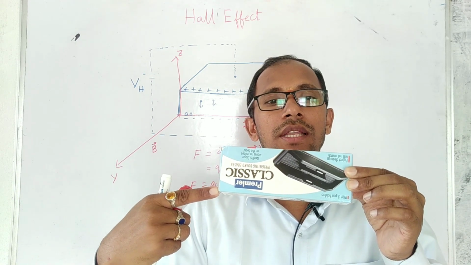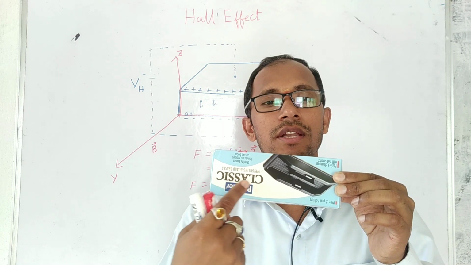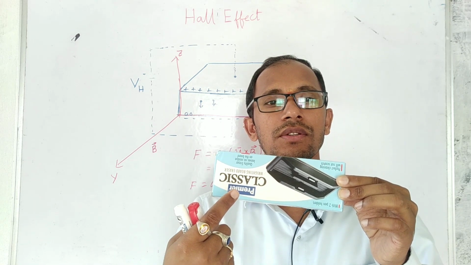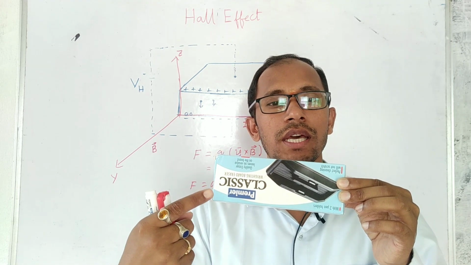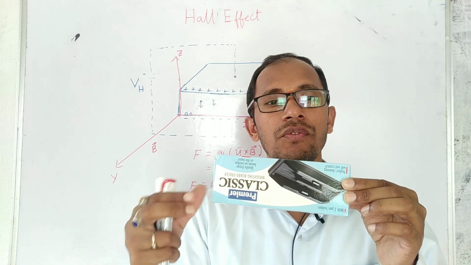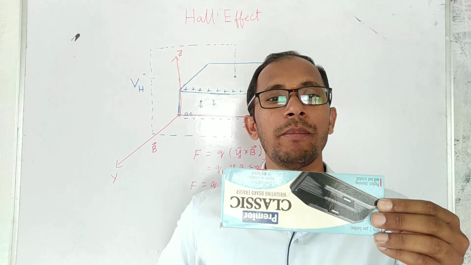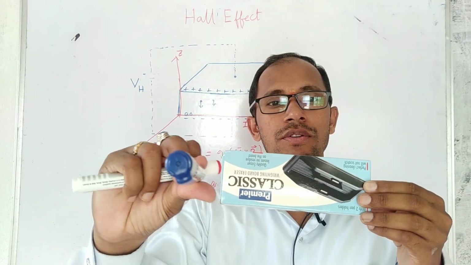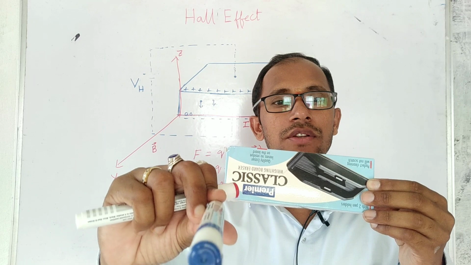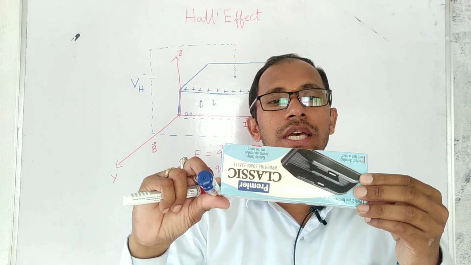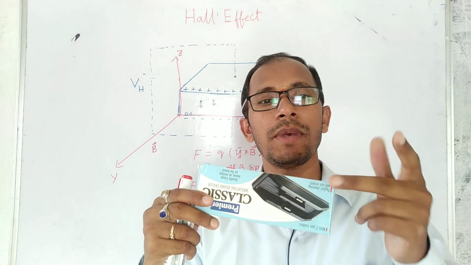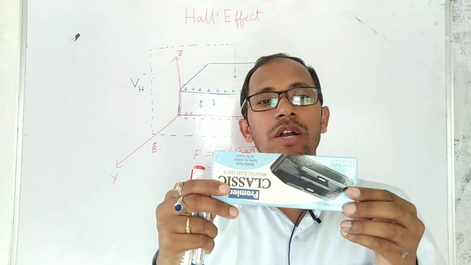So what will happen? The electrons will flow inside the material. That means charge carriers are moving. Now if you place this in an external magnetic field, something like if you apply a magnetic field towards this direction, the forward direction, then according to Fleming's left hand rule, what will happen?